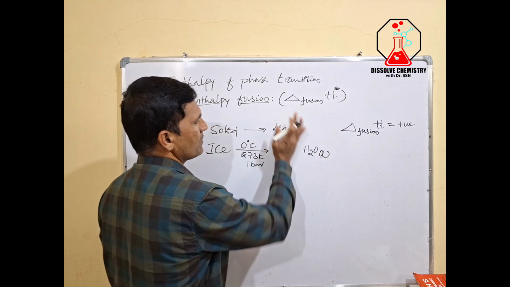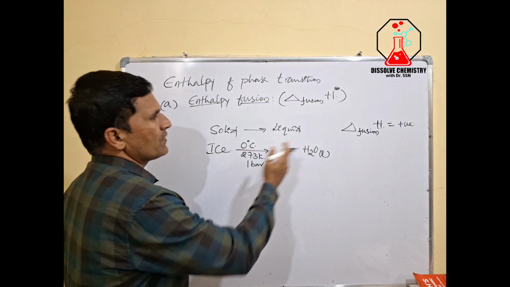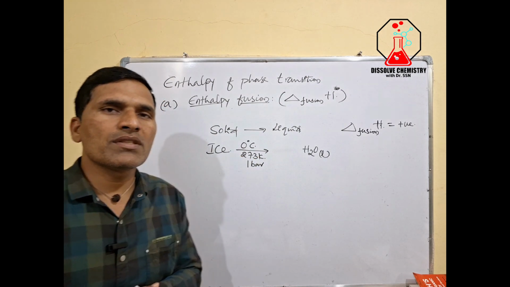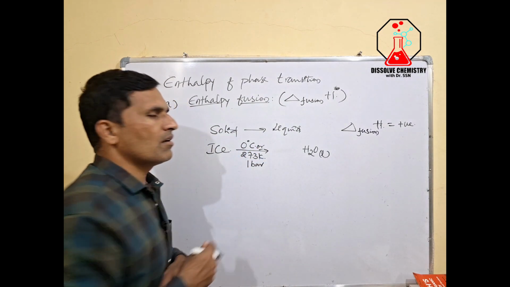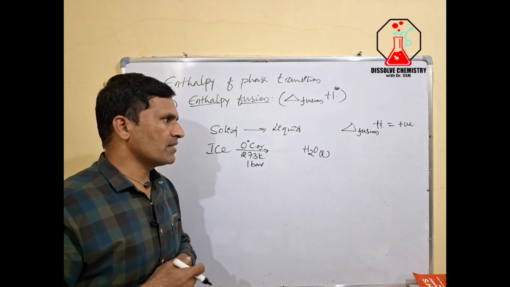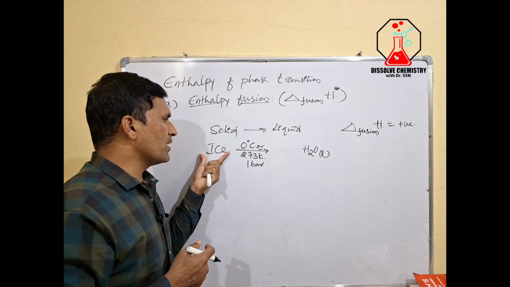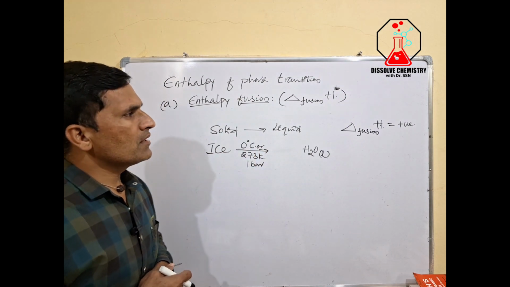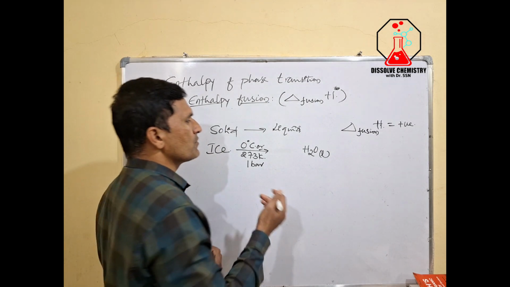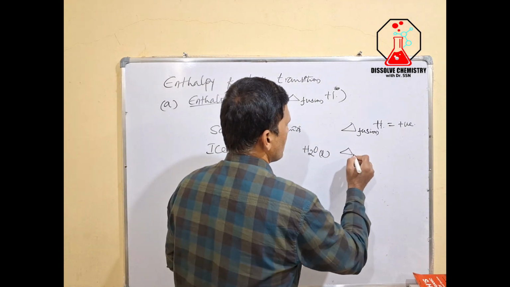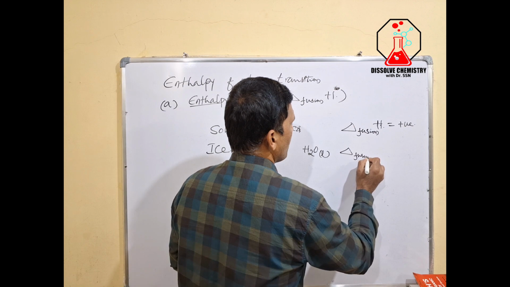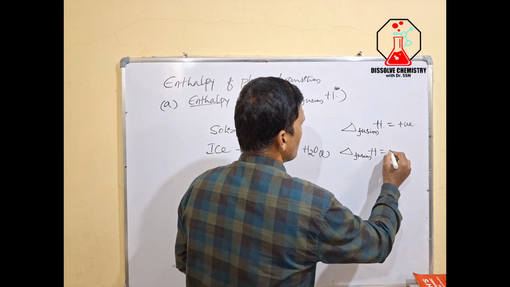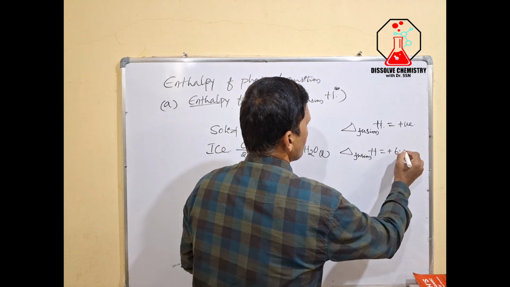To convert this, at a constant temperature, that is 273 Kelvin or 0 degrees Celsius, and 1 bar pressure, if we want to convert solid water into liquid water, that is ice to water, then the amount of heat energy absorbed at this temperature is called the enthalpy of fusion of ice, and it is around 6.0